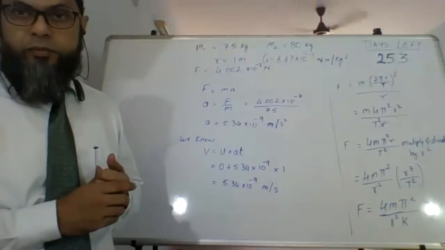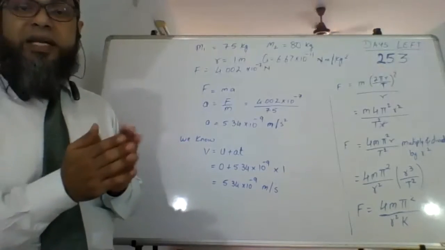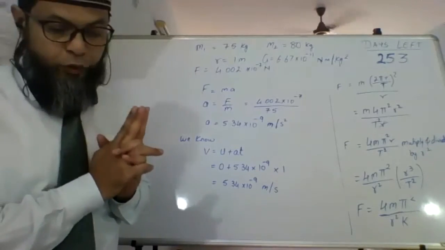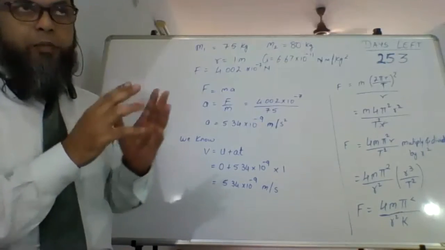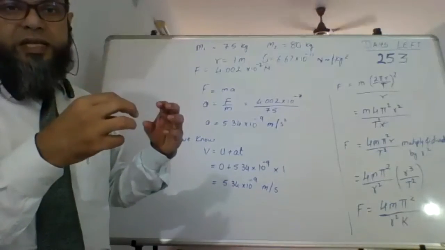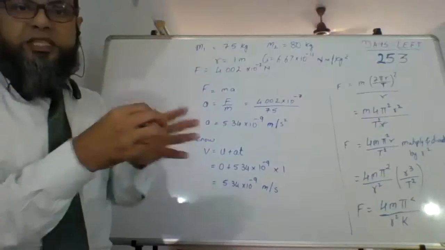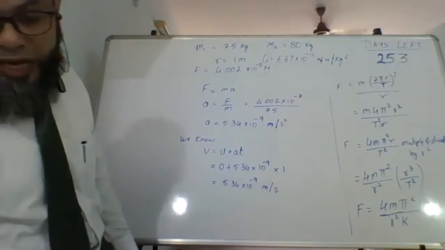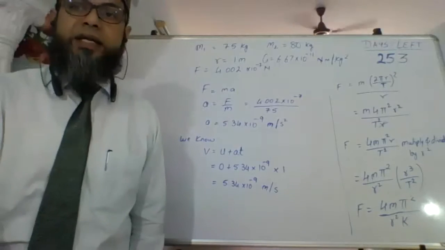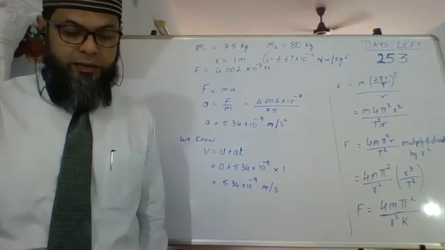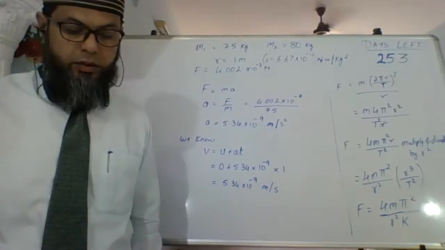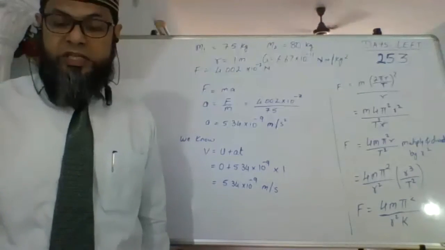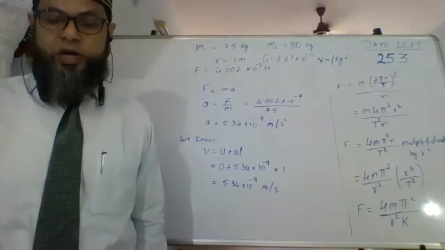Is that clear? That is how you have high tides and low tides, and this happens twice in 24 hours, twice in a day, because first one time the moon is on this side, the second time the moon is on the other side, but still it is pulling in the same direction. So that is what is going to happen. That's how you have high tides and low tides. Is that clear? Yes, sir. Okay, so that's how high tides and low tides take place. That's just a basic working of it.